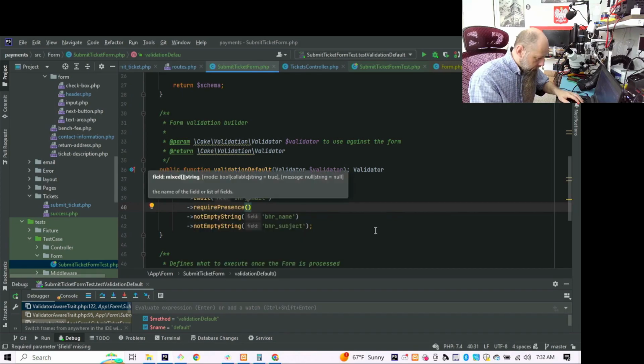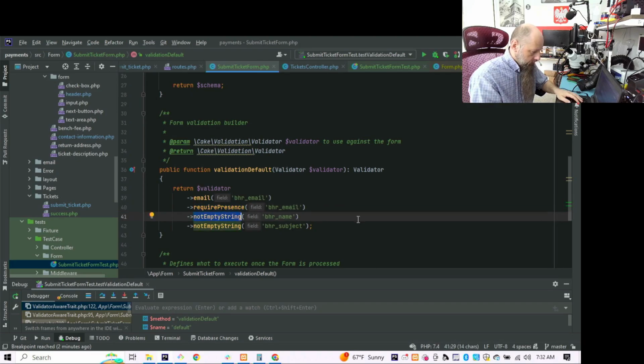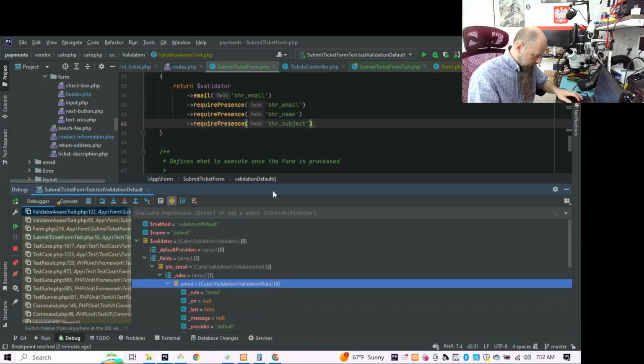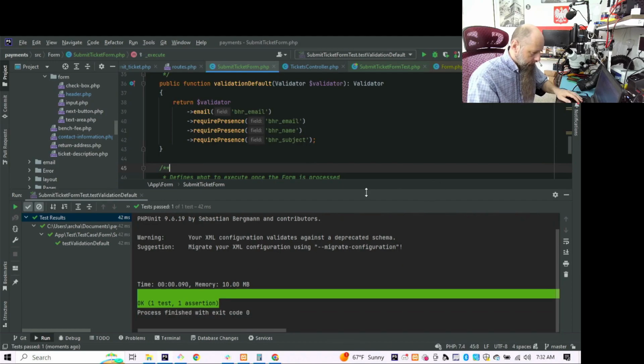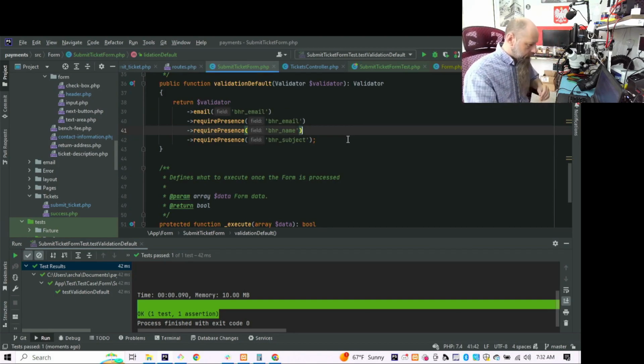Require presence. I think that's what's messing up here. Let's require email, because the email validator might not validate if the email is not provided, because we're not specifically saying require presence. And that not empty string also doesn't seem to be working as expected. Now let's stop this and run the test, and now it passed. Okay, so that was the issue. And that was an unnecessary 15 minutes of